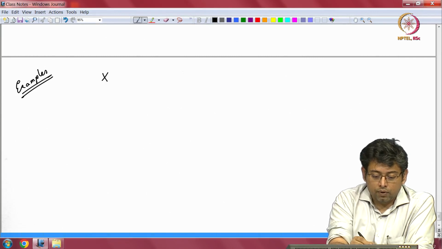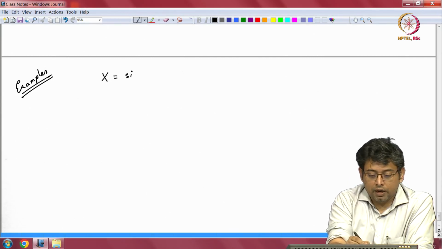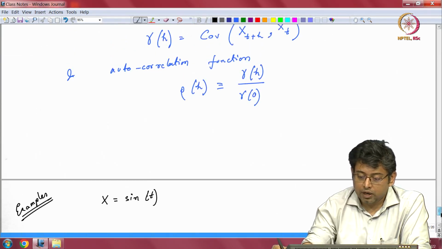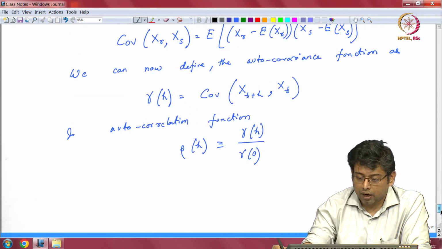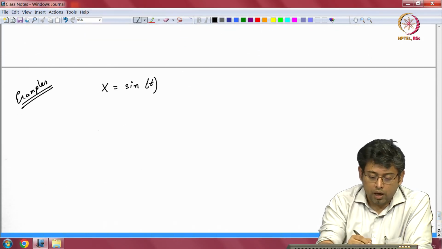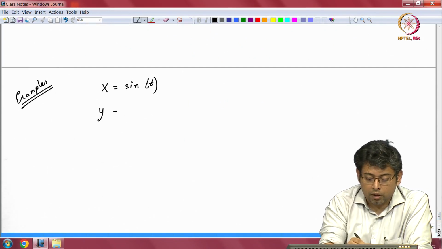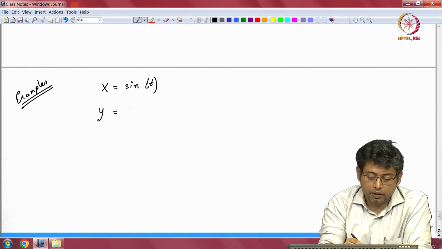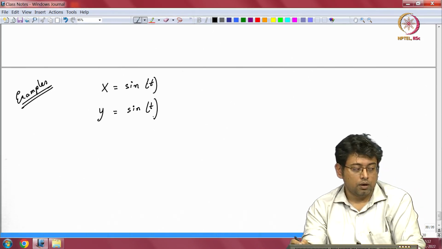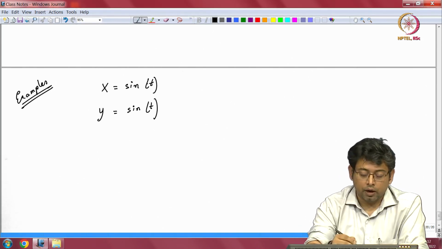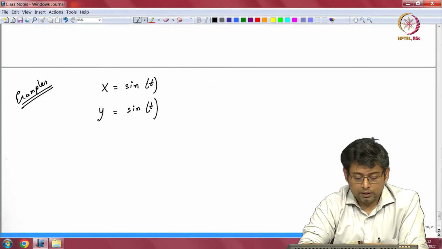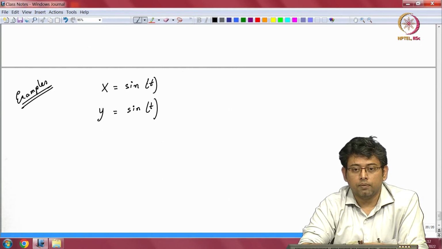So let's say you have a function x, which is nothing but some sine of t. Now here I was defining it for discrete data. You can define the whole thing again for continuous data also, but here I'm just going to show you. I would not do too much extensive calculations. I just want you to understand the physical implication of what this